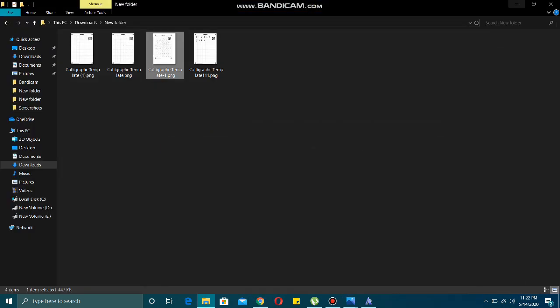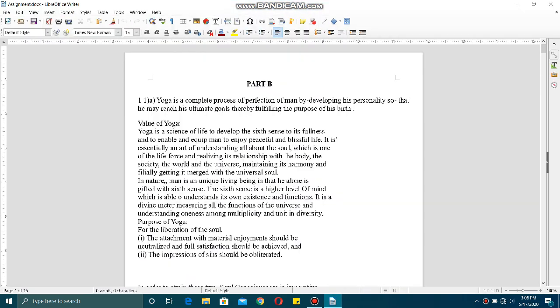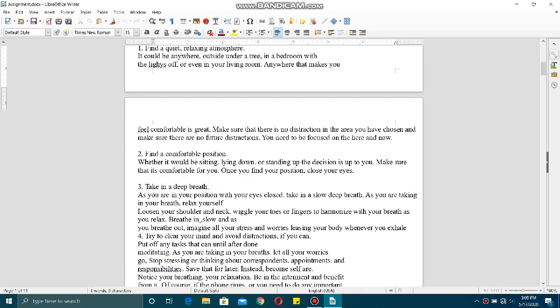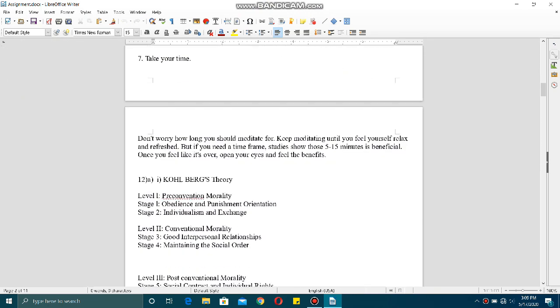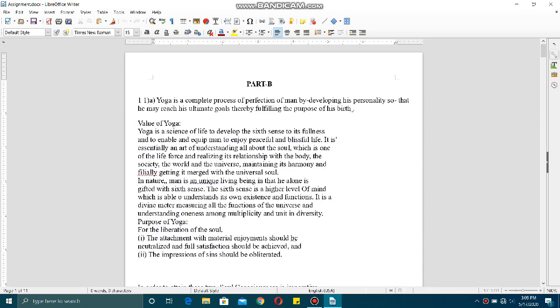It has been added to your fonts like Times New Roman, Calibri, like other things. Just go and open LibreOffice, or if you have Word or WPS or anything. These are some of the sentences that I had taken for my assessment. Just drag some of the sentences or all of it. I'll just drag and show you. Just go to the font,